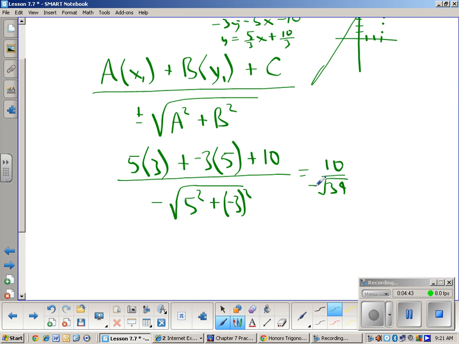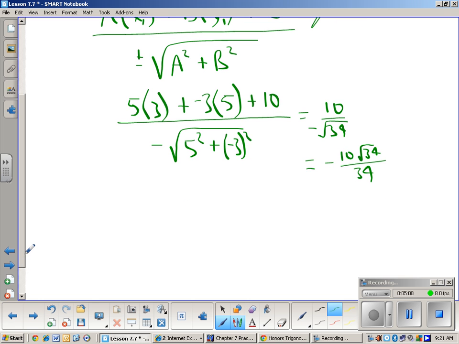And so if I rationalize that, do I have to show how to rationalize that, or do we get that now? Okay. And 10 and 34 both have a 2 in them. So my distance